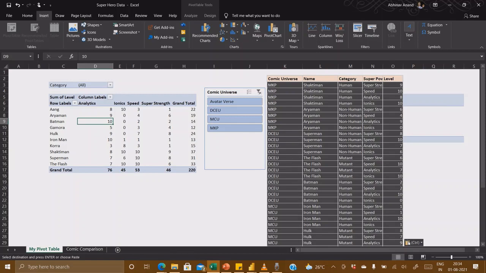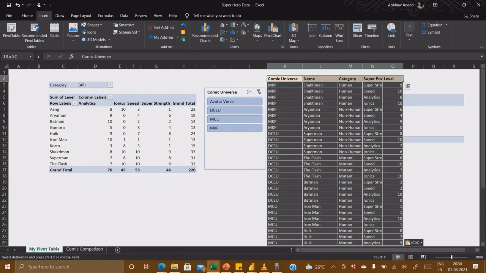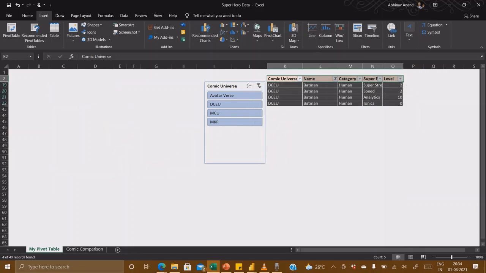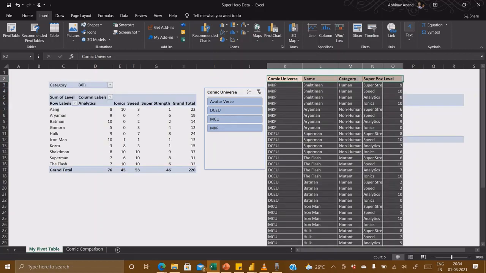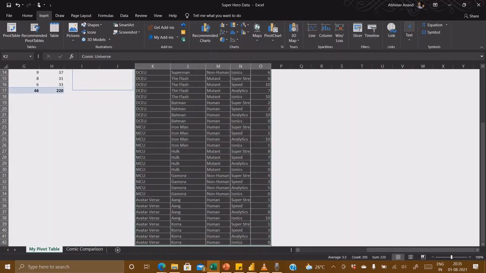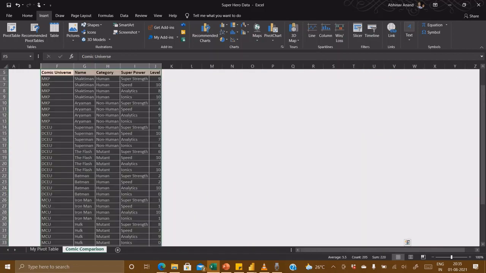This cell is saying, in the name column, filter out Batman. So if I put a filter here, the first filter is Batman. This won't work like this, so I will filter in this shape because that is not working.